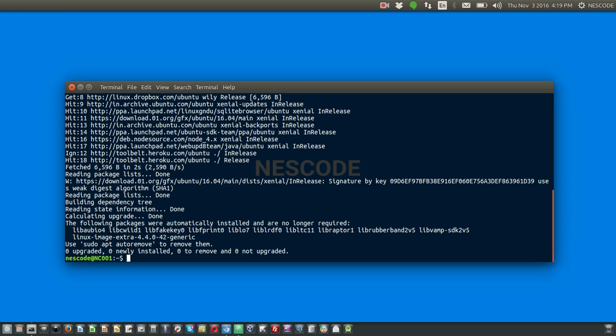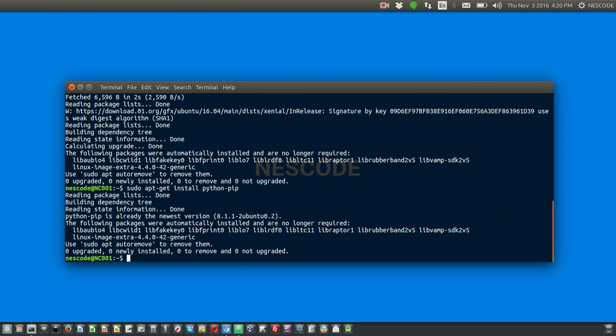Once you have finished this step, you just need to install Python pip. So give sudo apt-get install python-pip. The moment you give this, it will install various packages and libraries, which are already shown here. In my case nothing has happened, 0 upgraded, 0 newly installed, because Python pip is already installed in